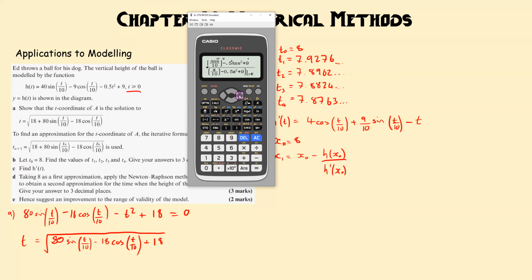Plus 9. And remember, I want to do this at x equals ans. So I get 7.8738. So x1 equals 7.873. Let's go 9. Let's round that properly. Part E: hence suggest an improvement to the range of validity of the model. So